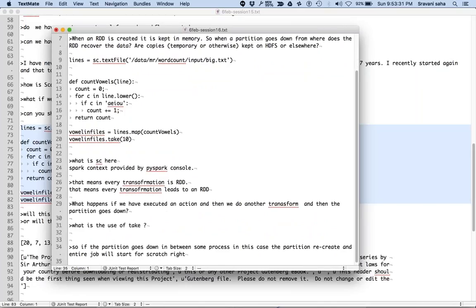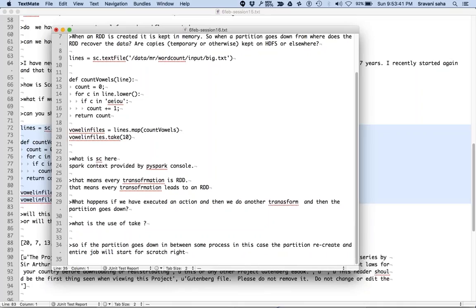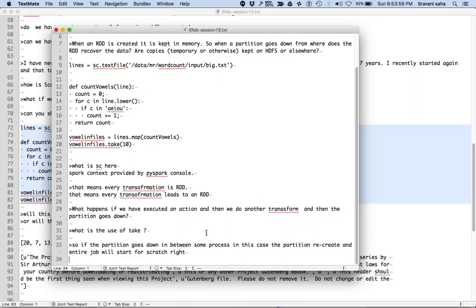A question from Ashok: if a partition goes down in between some process, in this case the partition recreates, will the entire job start from scratch? Correct. If, let's say, we are executing take and some part of the lines have gone down, it will recreate that portion.